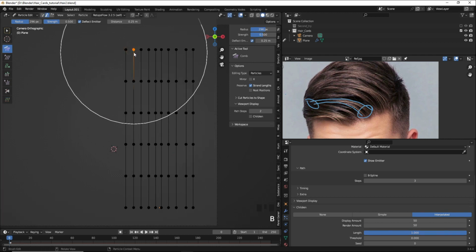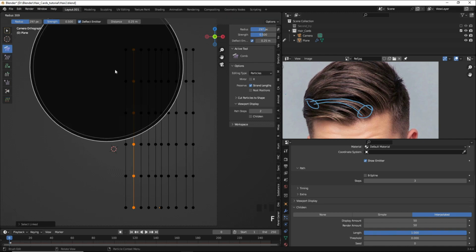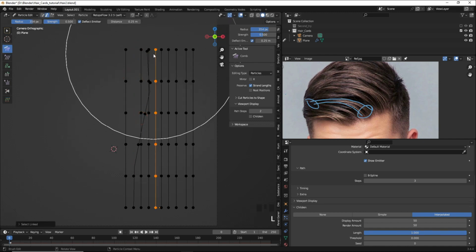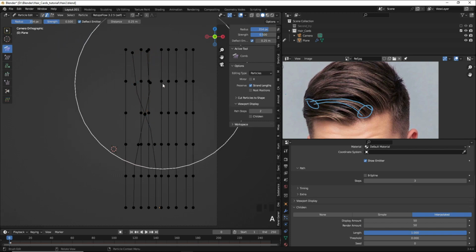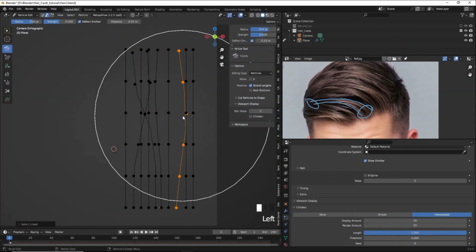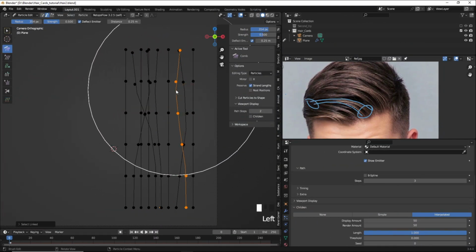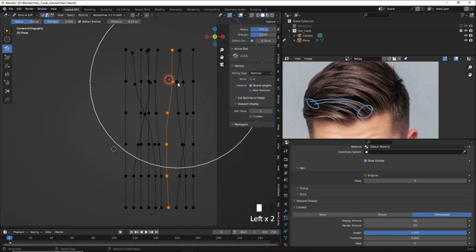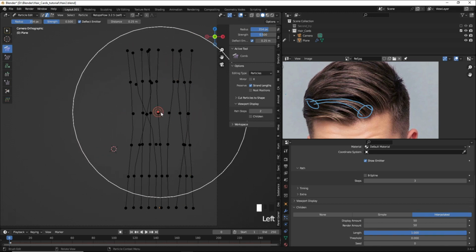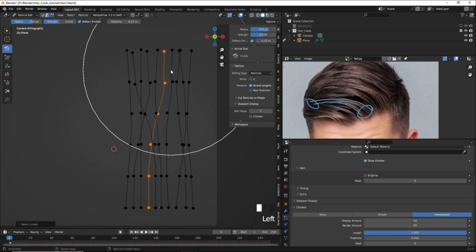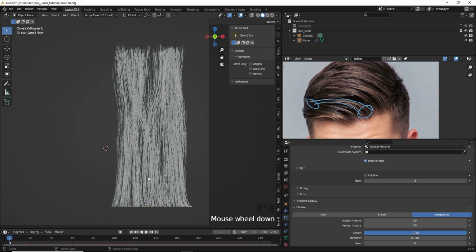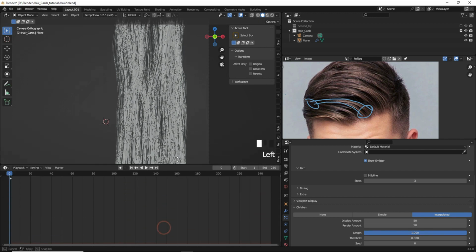And then we can also make some small changes. So we can just add some slight roughness to it, some slight overlapping over here. Right, something like this. Once we are happy with how the hair looks, we can go to our material properties